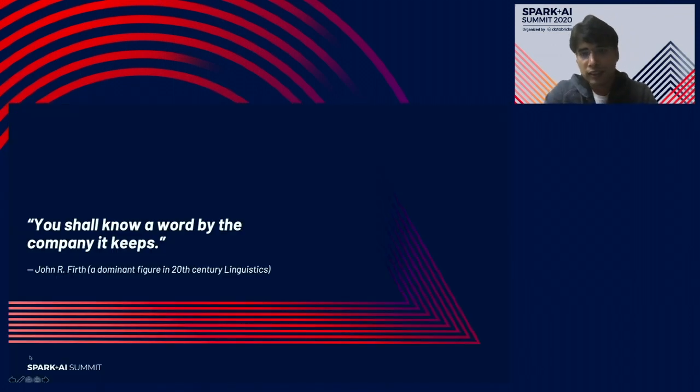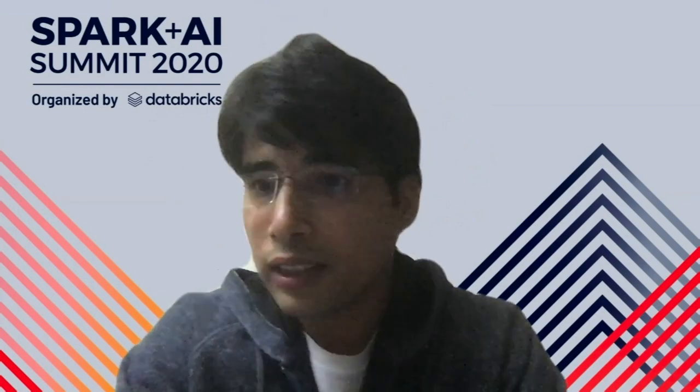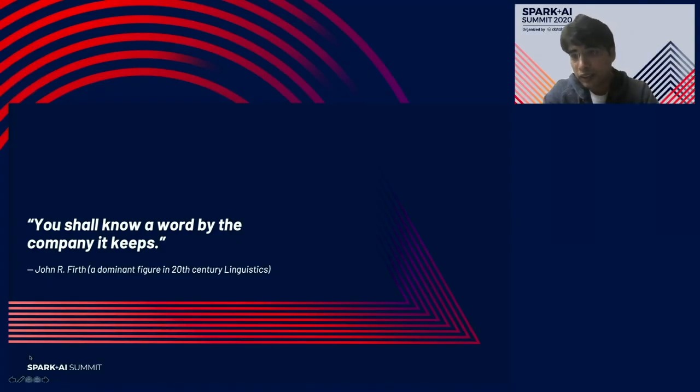So let's see the without label one first. I'm going to take us into a little bit of NLP now because it's easier to explain embeddings when we look at how we are learning through NLP, right? You shall know a word by the company it keeps, by John F. Firth. So one thing is for sure that words appear together in a particular context. Like if I want to associate laugh and joke, they're more likely to be appearing together in most of the context, right? And if it is a first name or last name of a person, it will again appear together in most of the context, right?